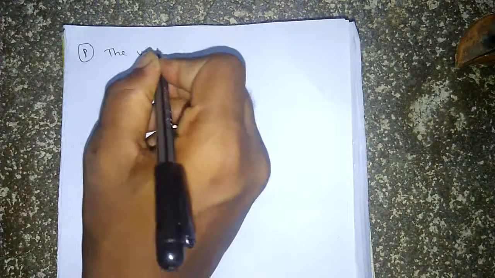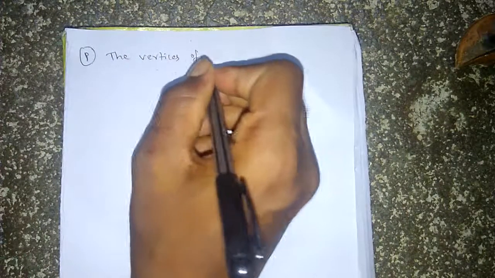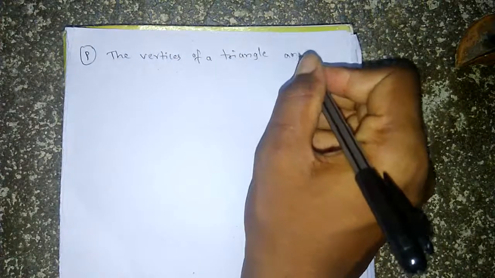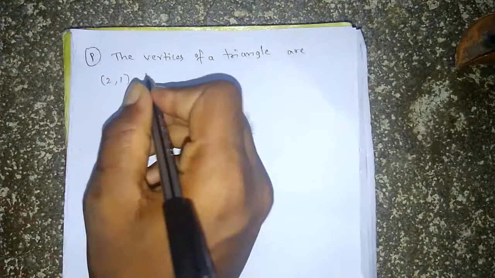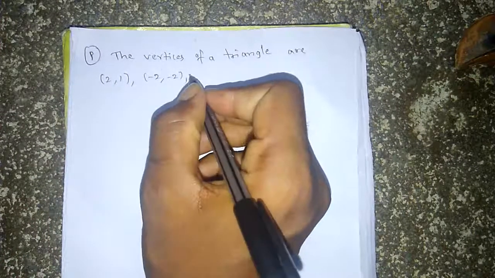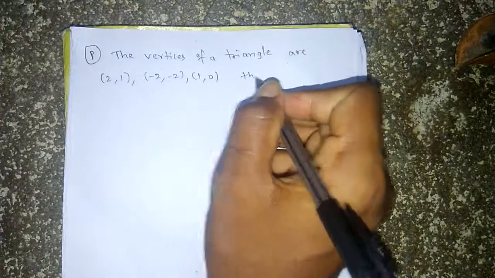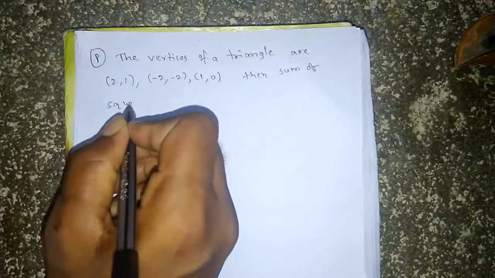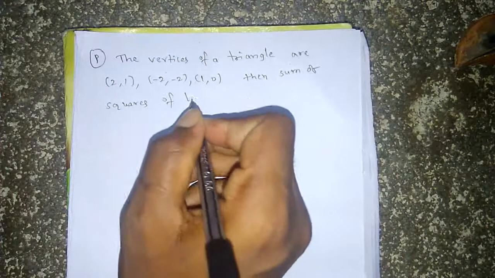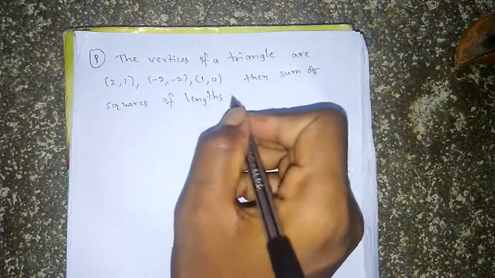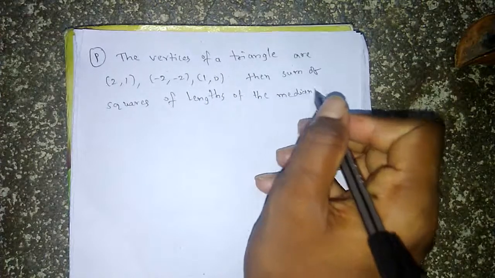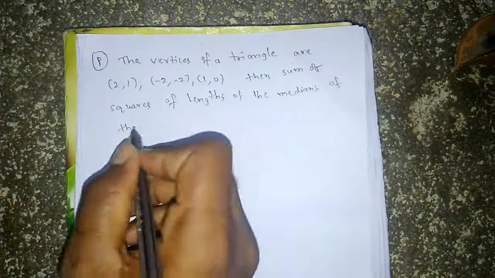Our next problem: the vertices of a triangle are (2, 1), (-2, -2), (1, 0). Then the sum of squares of the lengths of the medians of the triangle is